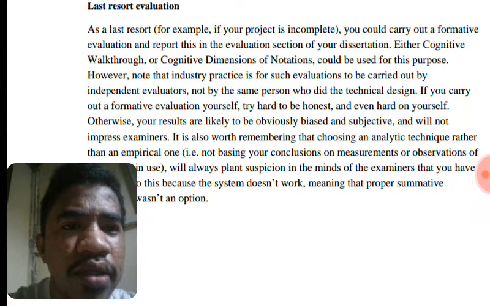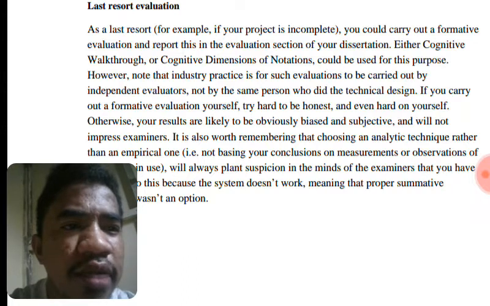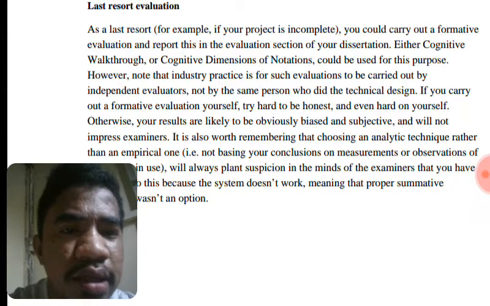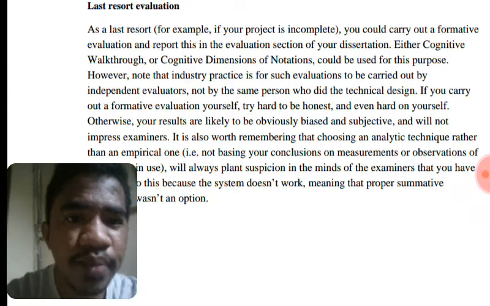However, note that industry practice is for such evaluation to be carried out by an independent evaluator, not by the same person who did the technical design. If you carry out a formative evaluation yourself, try hard to be honest and even hard on yourself. Otherwise, the results are likely to be obviously biased and subjective,